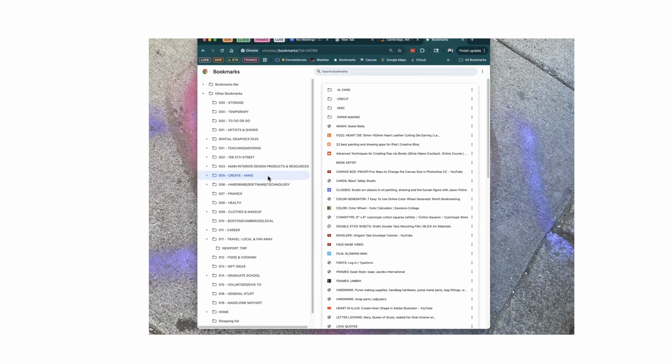Notice when I do select this and I right click, I can see that I have 63 in here. I can open all of them. I can open them in a new tab. I could create a tab group. I could open them in a separate window, two different kinds. I can delete, I can rename. So again, any of these in here, I click on,